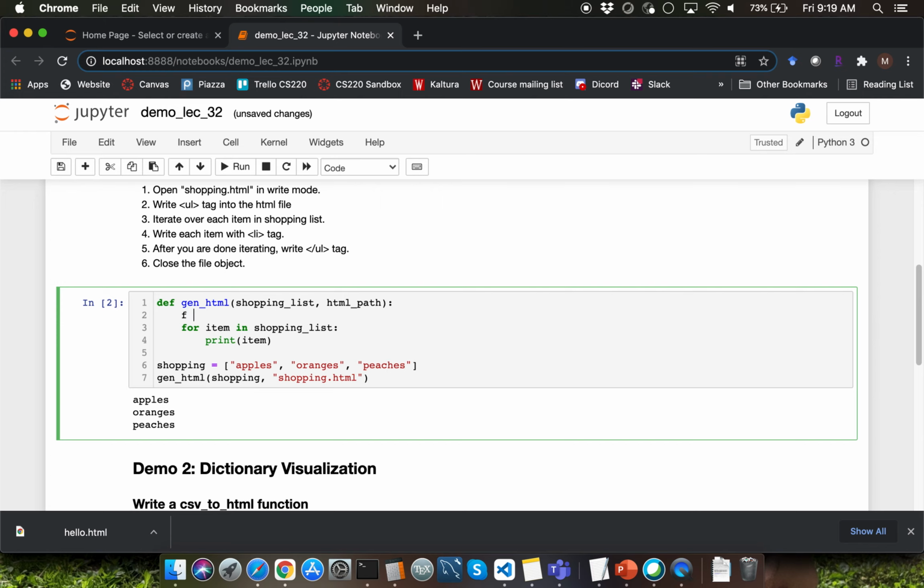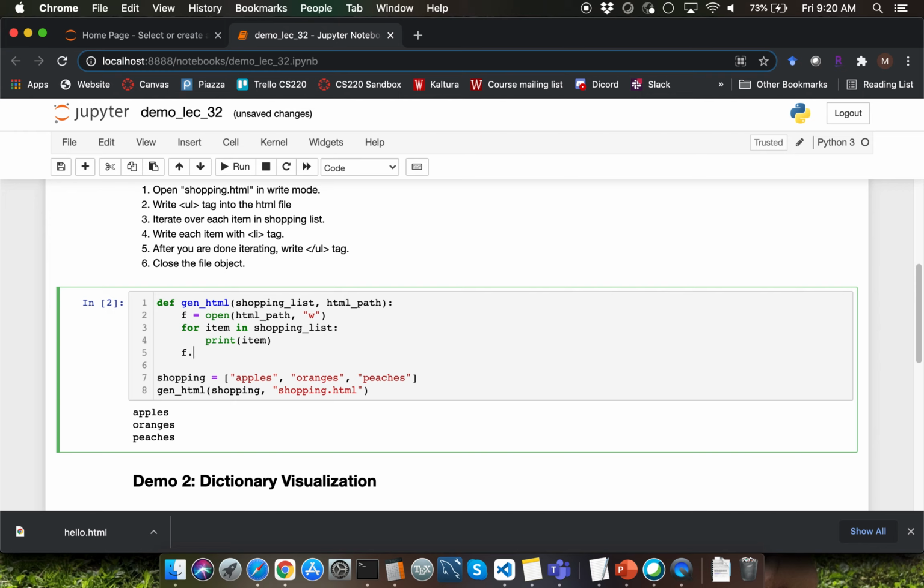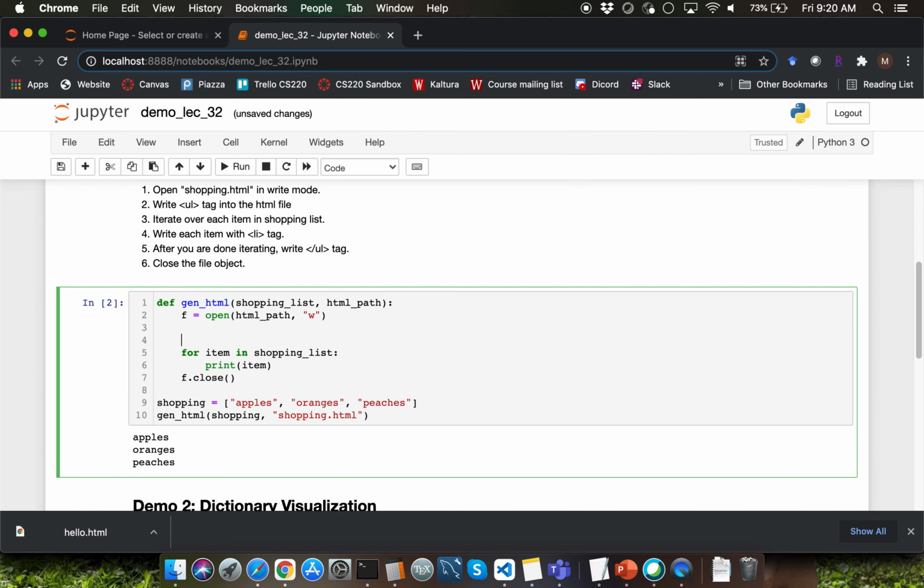We want to be able to create a HTML file where we write UL tag as the outer tag. So I'll have to use the open function call and specify the html_path variable as argument number 1. And for argument number 2, I'll have to pass the string w. That's because we are opening this file in write mode. Always remember to add the close function call right after you finish typing the open function call. And then in between, you can type whatever operation you want to perform with that file object instance.